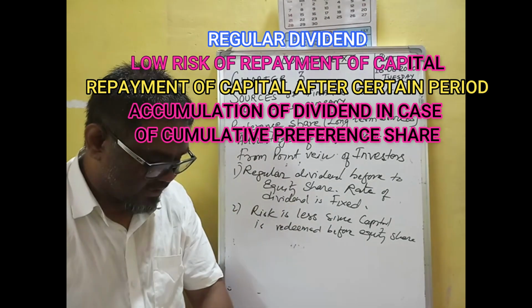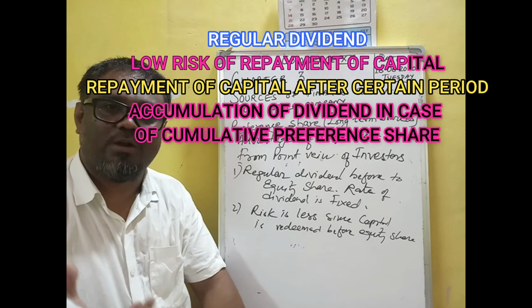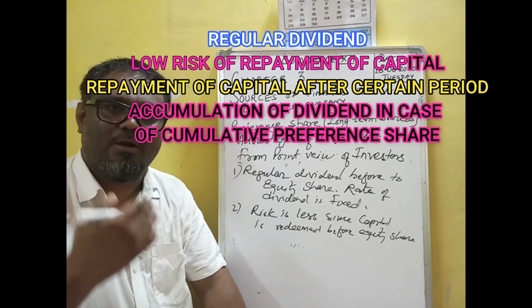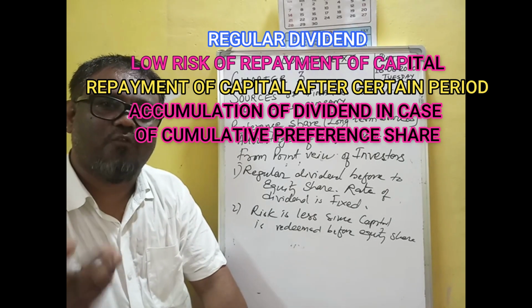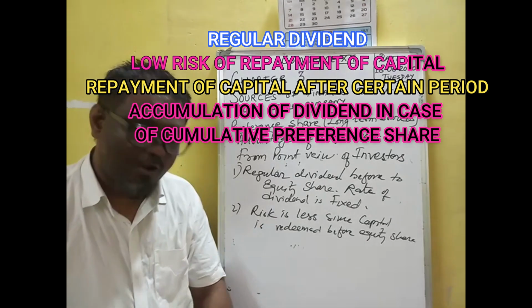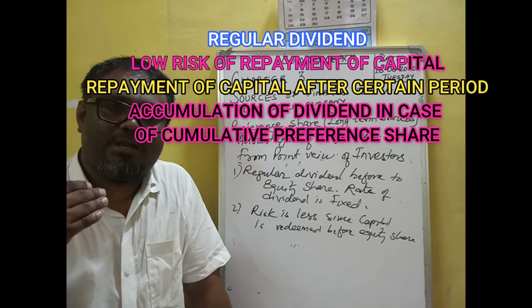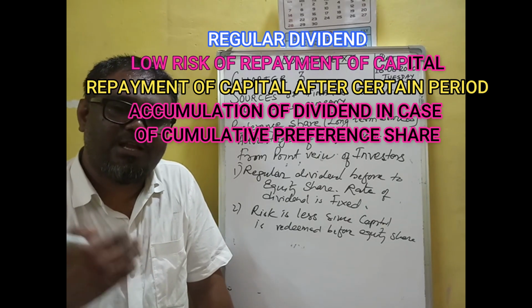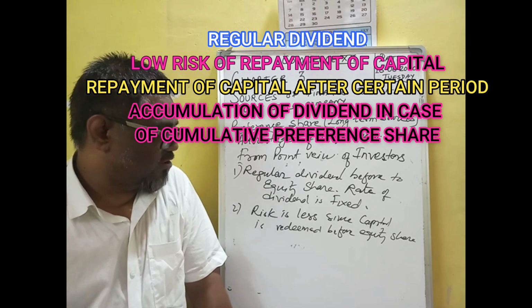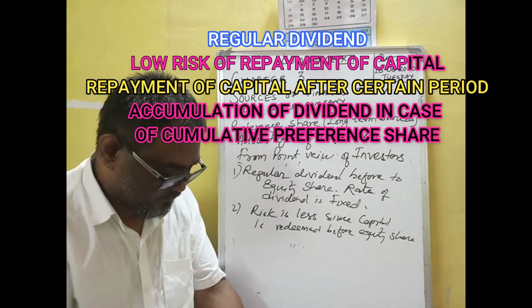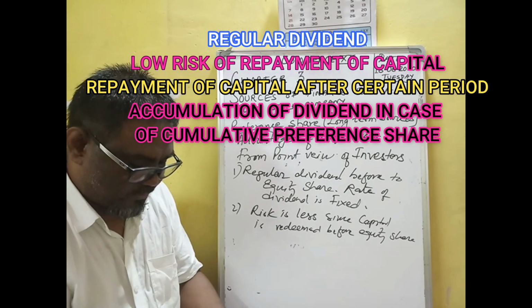So preferential holders can expect to get back their investment after a certain number of years, and that the capital will be returned within a certain period of time. The company can issue preferential for 20 years only. In case of cumulative preferential also, it is very important that dividend is accumulated. If in any year the company is not able to declare the dividend, it is declared in the following years. So that's why this is also advantageous for the investors. But there are drawbacks of preferentials.